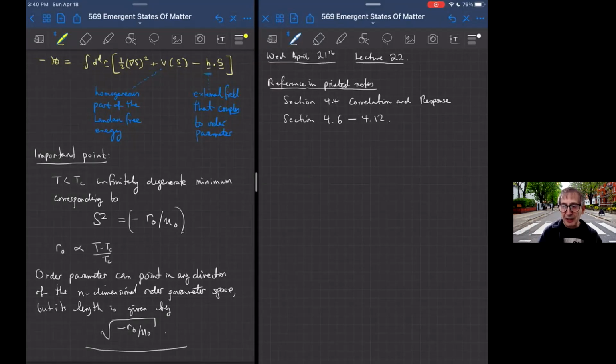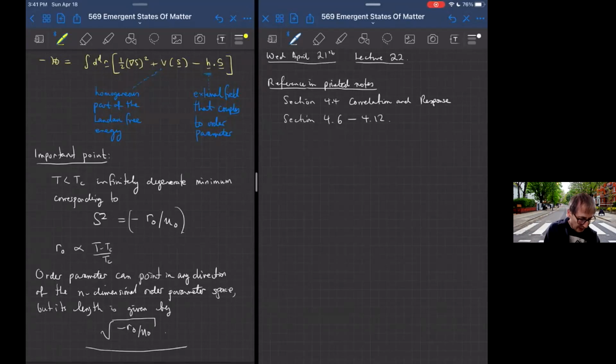We'll present it following the notes as if we were talking about discrete symmetries, but it doesn't make much difference. And then we will get into the meat of this chapter, sections 4.6 to 4.12, leading into Goldstone's theorem and other aspects of spontaneous symmetry breaking with continuous symmetries. So let's